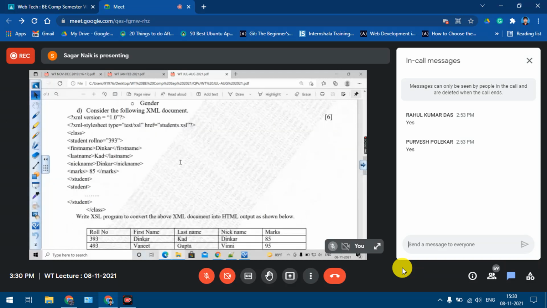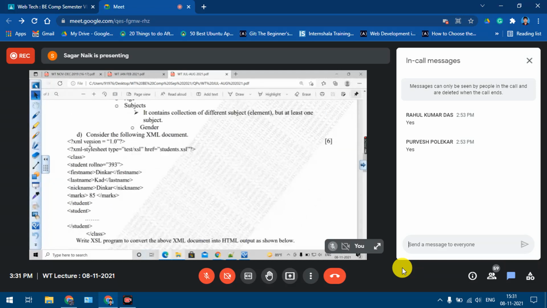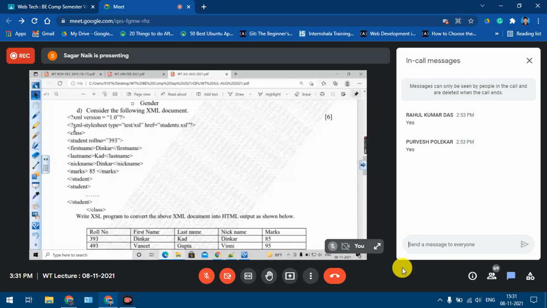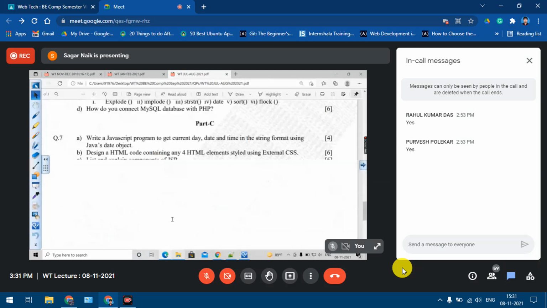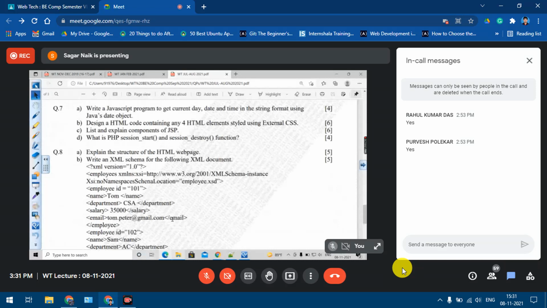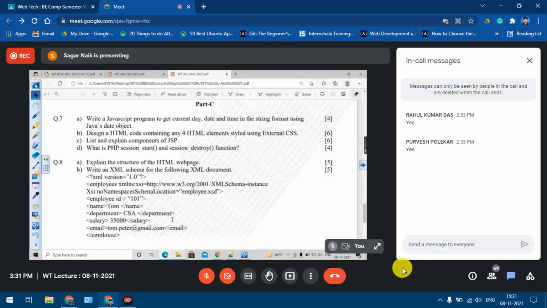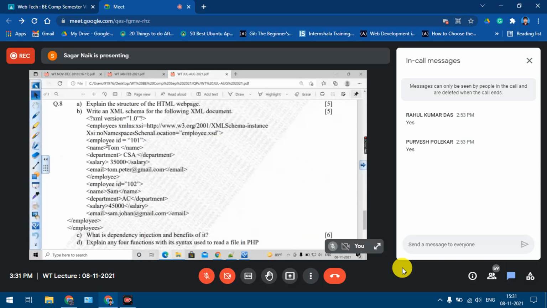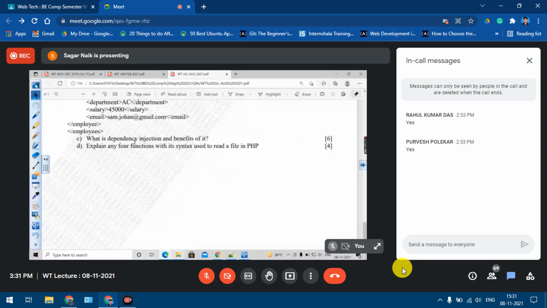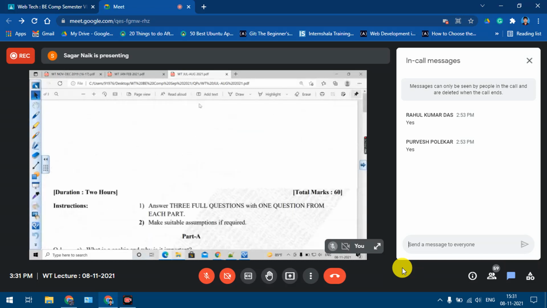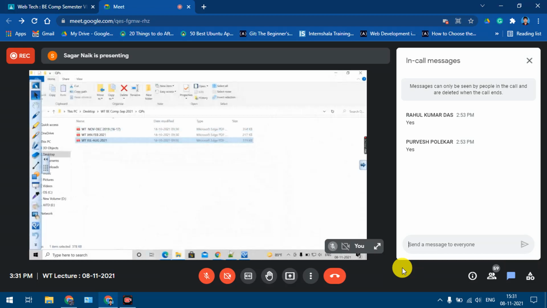Understood? And if you look at this example again for 6 marks, again there is one XML file. Again it is, I think, a conversion, so that XSLT I have not yet explained. And part C ending is there. Also they have given one XML file and we are supposed to write the schema. Fine. So these were some of the questions in the 16, 17 papers.